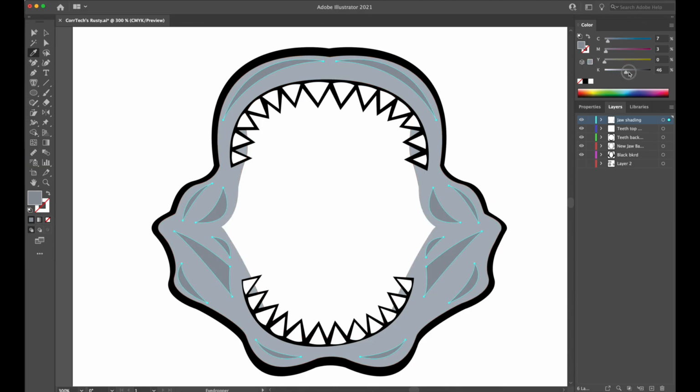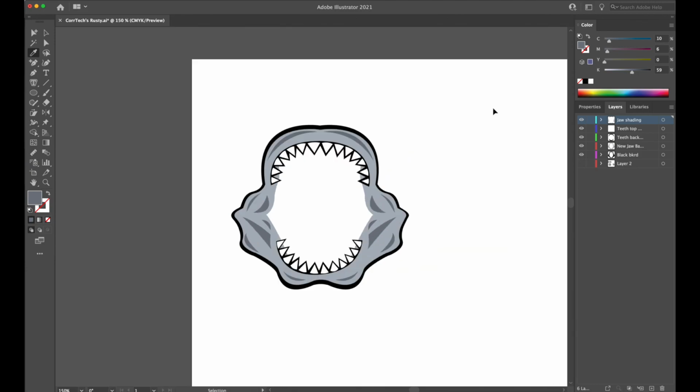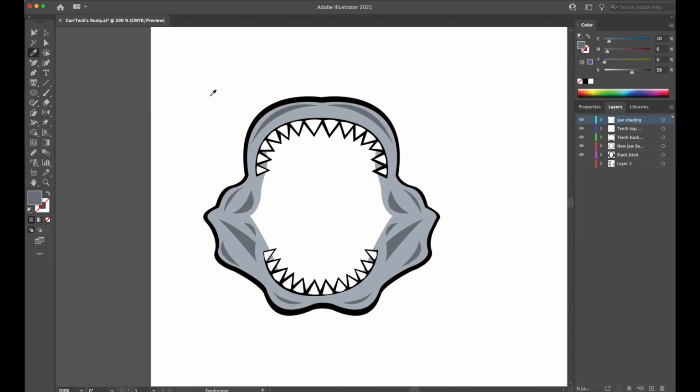Does the same thing, but maybe a teeny bit more blue. So a teeny bit more magenta. Maybe a little bit more of the black there. Yeah, that's pretty good. So see, that definitely is more of a unified shark jaw. Makes it a little bit easier to see. It's more pronounced. One thing I can see though, as I'm looking at this, is somewhat I'm thinking maybe if